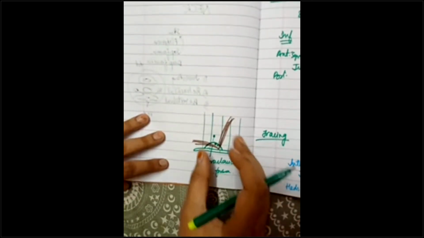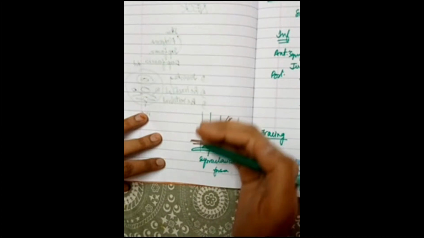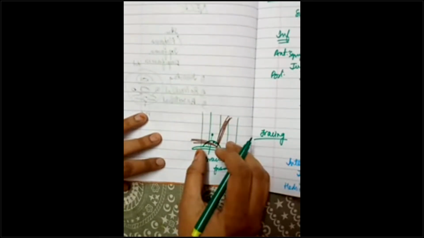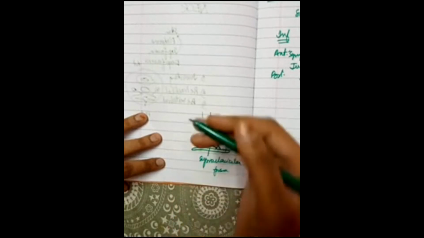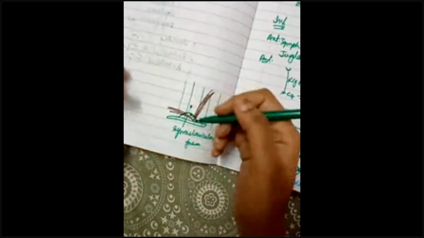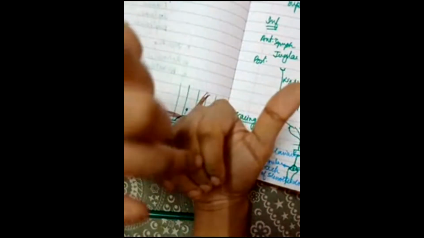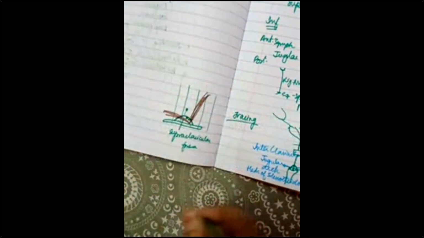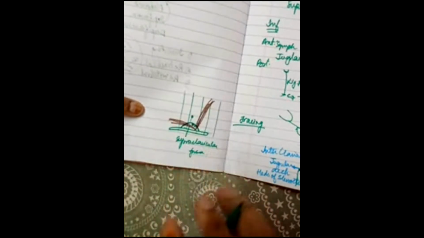So coming back, where were we? We have moved laterally. We have reached the middle 1/3 of the clavicle. So there you are again. Your investing layer is splitting into 2. I cannot show it in 3D. One will be superficial like this. This is my superficial, this is my deep. So it will split and enclose your supraclavicular fossa.